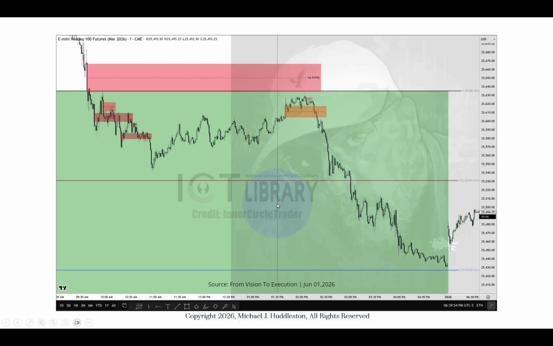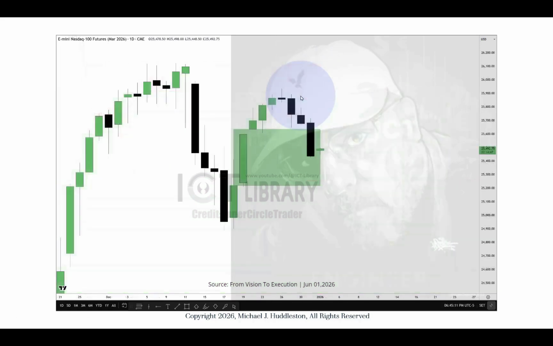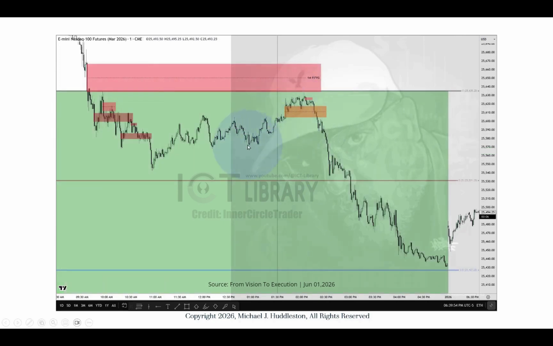Notice what it's done here at 130. It creates that little run up to the top of that daily suspension block. That right there is the high of that candlestick's open. So that little segment inside that candlestick is price simply going right here, going up to go down. That's all it is. And when you anticipate when price is going to likely do these types of things and gravitate towards,